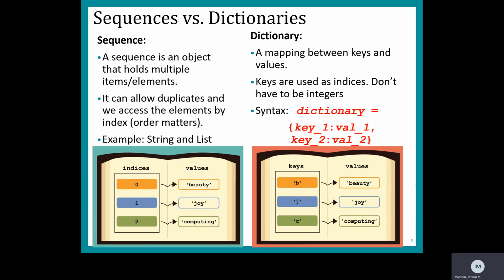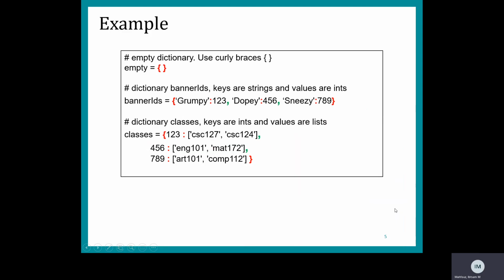Also think of a dictionary like a phone book. If you want the phone number of a person, the way you would do it is you would go to your phone book and search for that person's name, like Mickey Mouse. You look up Mickey Mouse and you find a phone number there. Or if you look up an address, to find who the owner of that address is, you would look up 123 Manchester Road, and you would get the person that's living there. So a dictionary is basically a mapping between a key and a value, and the order in the dictionary doesn't matter. And we're going to see that in a bit.